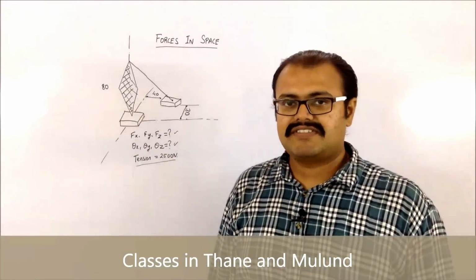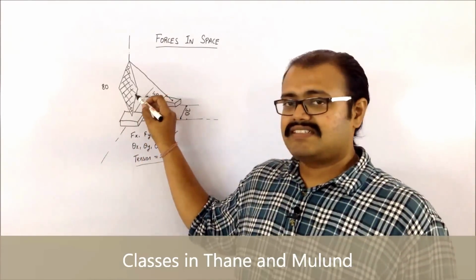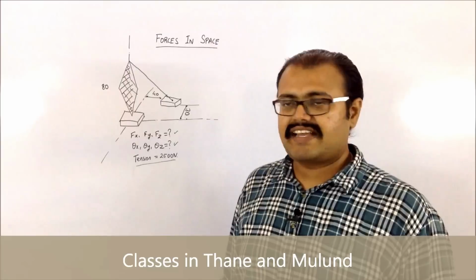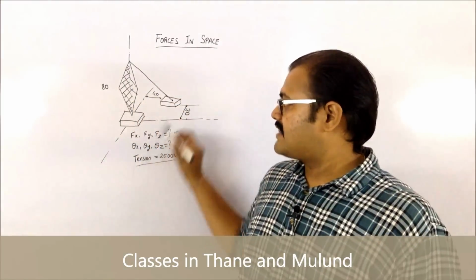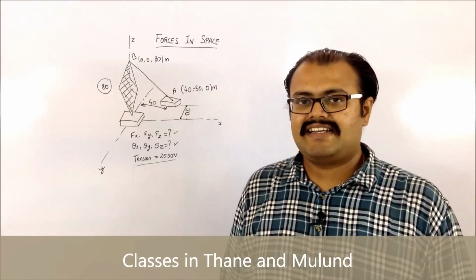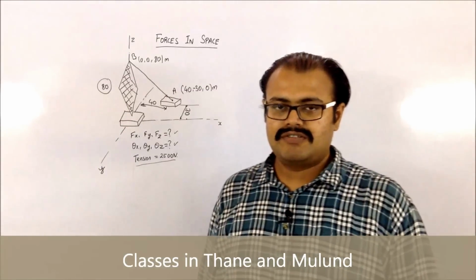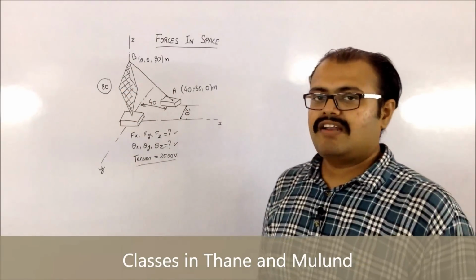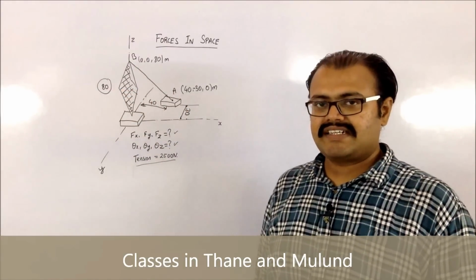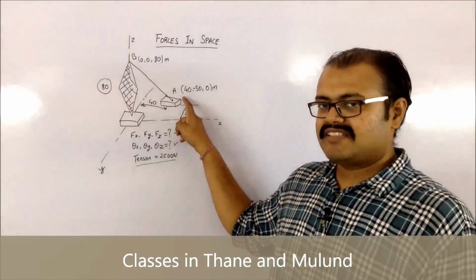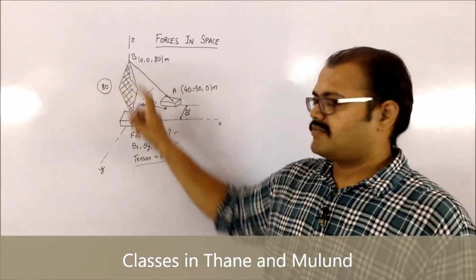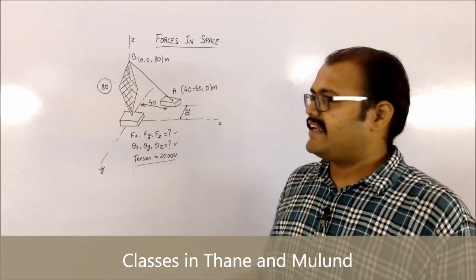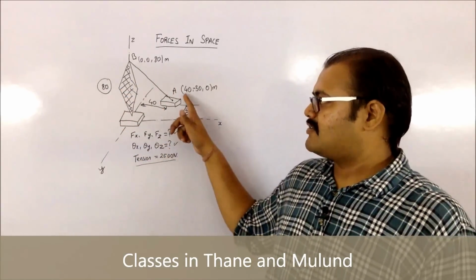Let us consider the first question. In this we have this particular tower which is held by a wire at this particular point. Now while analyzing the problem, what you have to do is consider the coordinates of the points along which my force is going to act. I have named this particular point as A, and this particular point as B. I need to find what is going to be the coordinate of A.